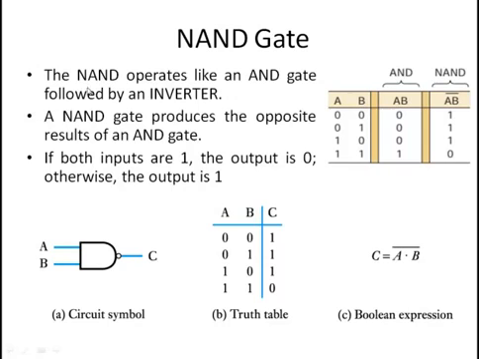So, NAND operates like an AND gate followed by an inverter, like it said here. It produces the opposite results of an AND gate. Its Boolean expression is this, that is, A dot B is AND, and this bar makes it the